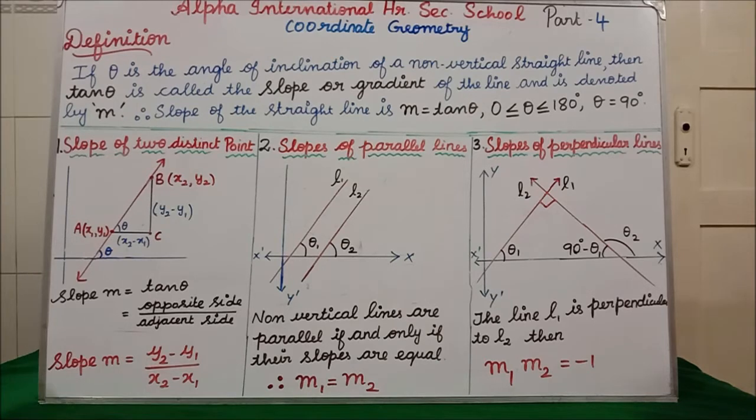Slope or gradient. So we can say slope, another way is gradient we can say. In your exam and test they will ask you to find the gradient, which means the same, the slope only we have to find. Clear? Tan theta is called the slope or gradient of the line and is denoted by m. Slope we are denoting by m. Therefore, the slope of the straight line is m equal to tan theta. Clear? That is the formula. Wherever they are asking to find the slope of the straight line, you immediately write m is equal to tan theta.